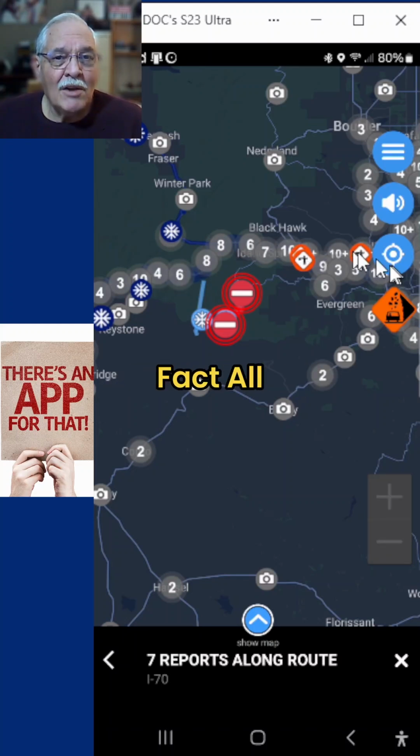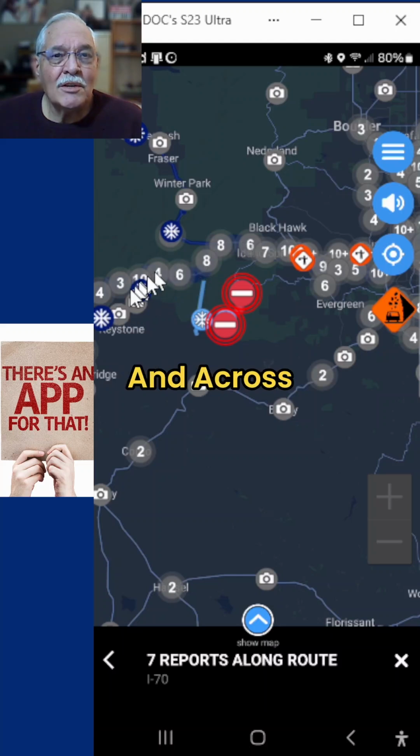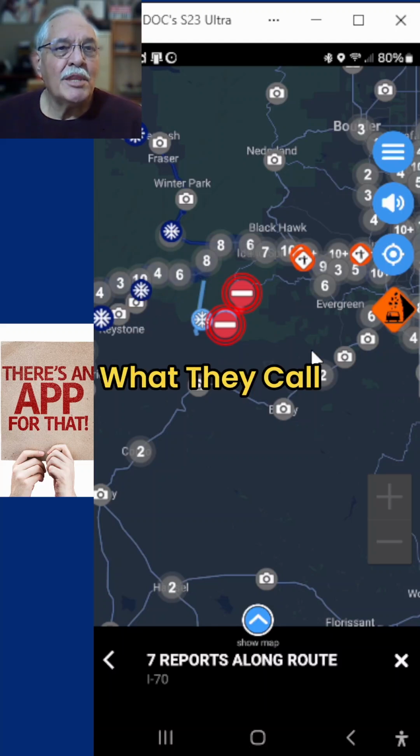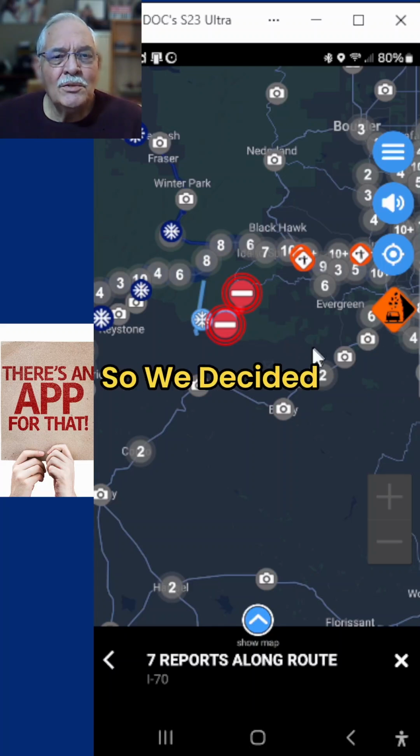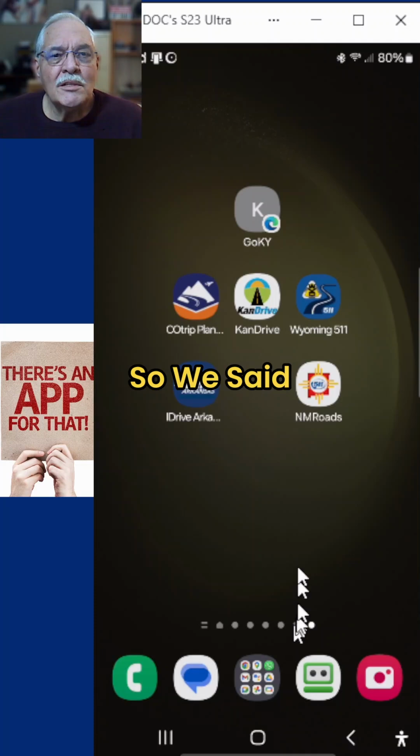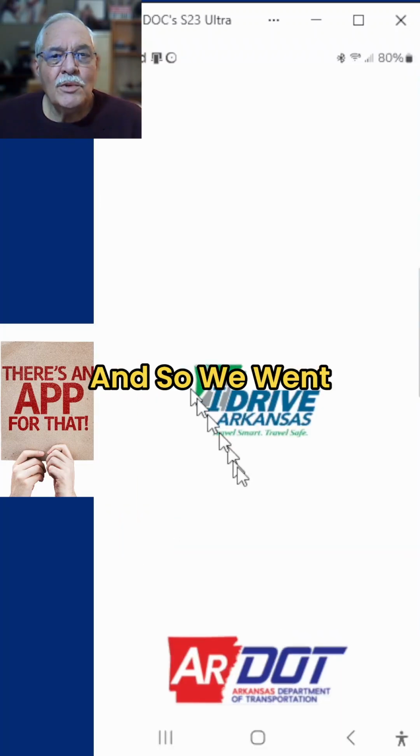As a matter of fact, all along this route across through the Eisenhower Tunnel, what they call traction control regulations were in effect. So we decided we needed to find a different way around that. So we said, well, let's go south. And so we went to